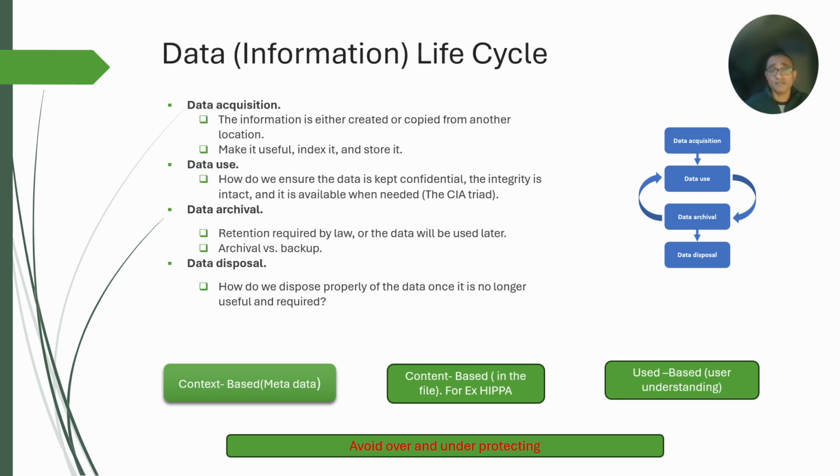One last thing is that data requires protection, as we have said, and it pays off that we do not underprotect, but we also do not overprotect. That's why the asset classification that we have seen in the last video helps you choose where you want to spend the money. Because if your data is public data, overprotecting it will not help because it's public already. So with that said,